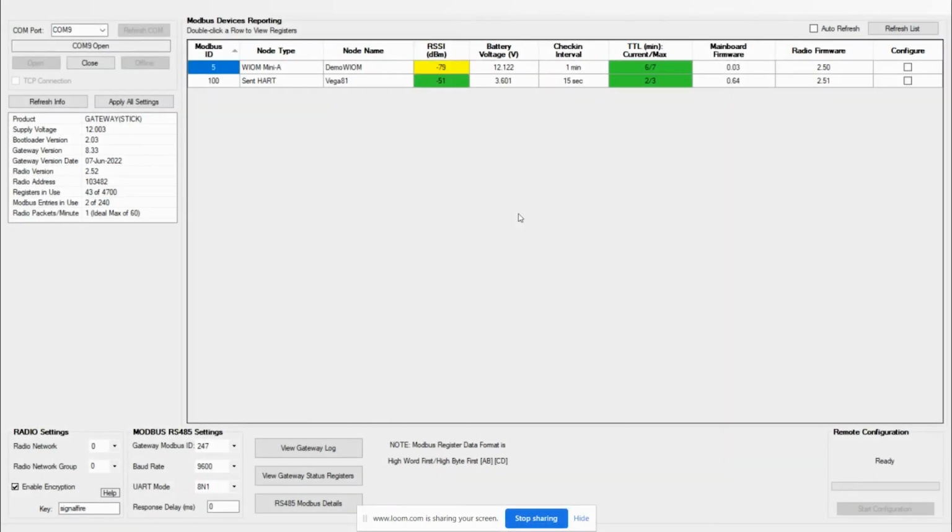Okay, now let's say I want to use my remote shutdown settings in order to be able to control a relay when a certain value is reaching a given threshold. For example, if you look at my gateway, you'll see that I have connected two devices, Sentinel Heart, which is Modbus ID 100, and a wireless I/O Mini A, which is Modbus ID 5. And depending on a certain value given to me by the Sentinel Heart, I want to control the relay on